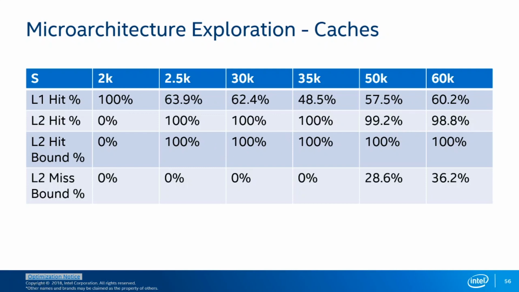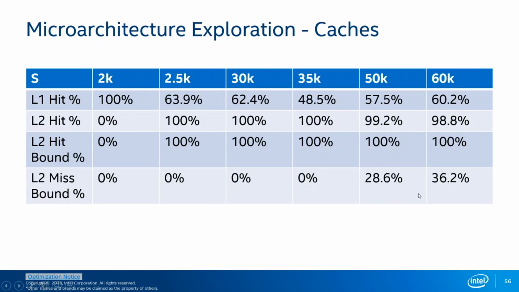This metric shows the percentage of overall cycles that were impacted by latencies caused by an L2 hit. If you remember the KNL architecture, the mesh layout, just because you have an L2 hit, there can still be a penalty to get that piece of information from one end of the chip to another. This would just signify that we are spending time in the mesh. And then finally we have L2 miss bound that is essentially 0 until we get to 35K, and then we start